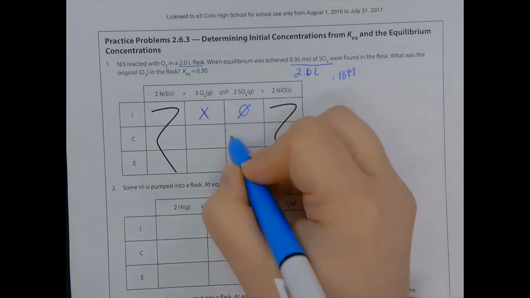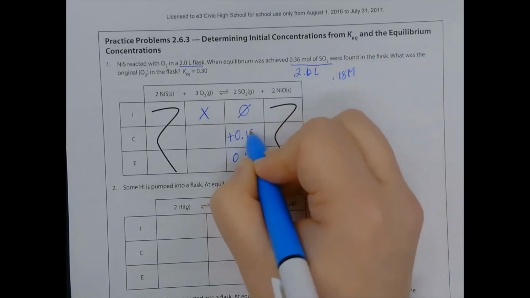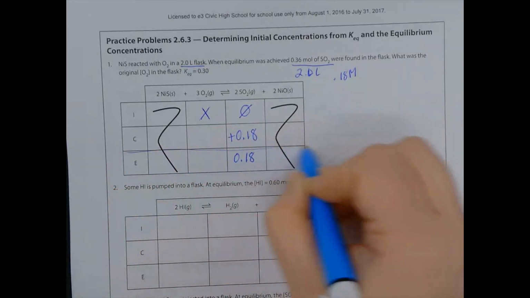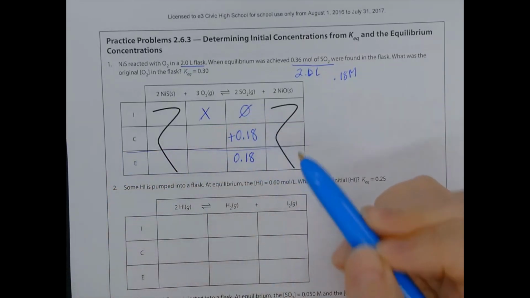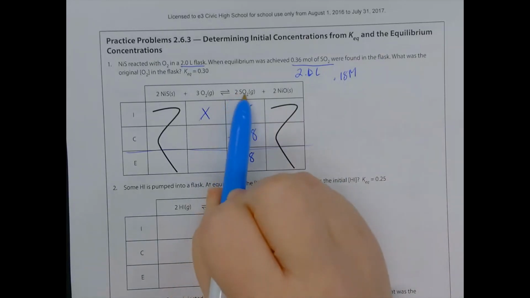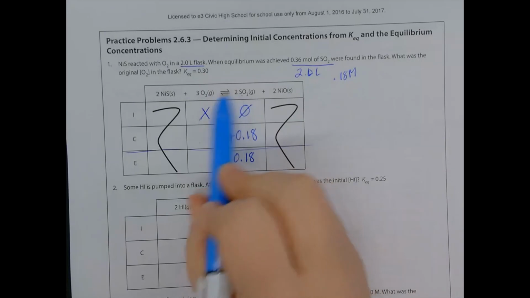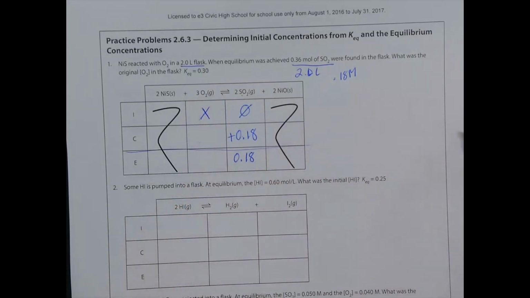To make this true, we would have to add 0.18 to get this equilibrium amount, right? This is kind of like a math problem here. We'd have to add 0.18. So to get from SO2 to O2, we need to do our mole ratio here. And this one's a 2-to-3 ratio. So to do that,